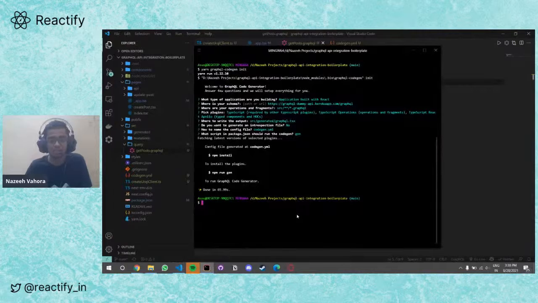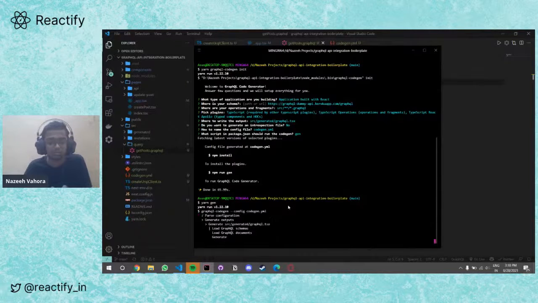So let's generate the types by running the command yarn gen. Yeah, so here we go.